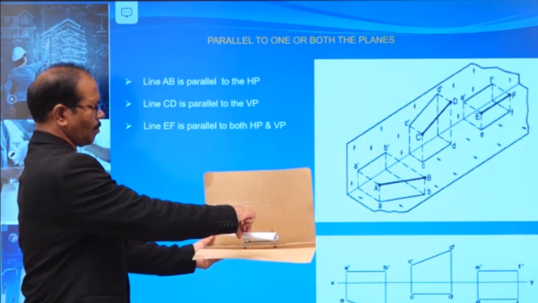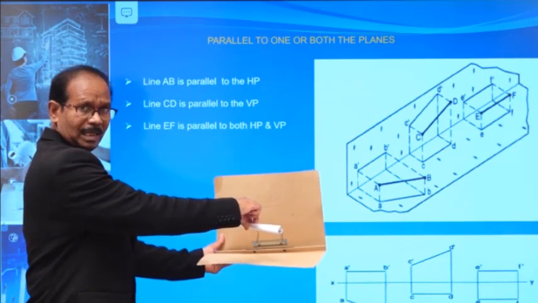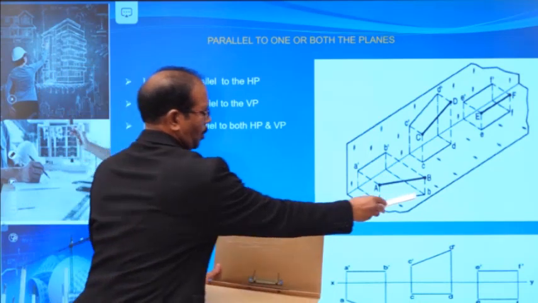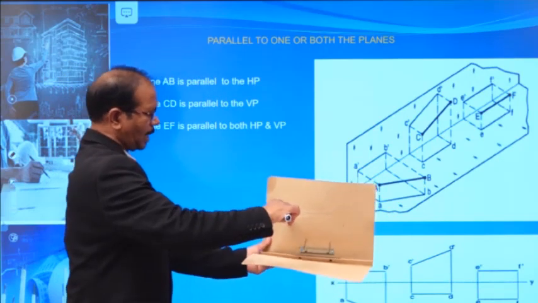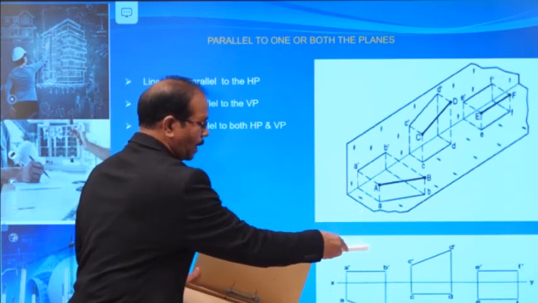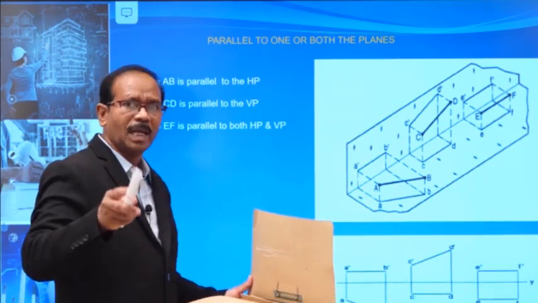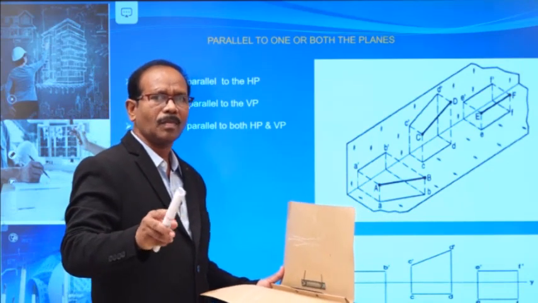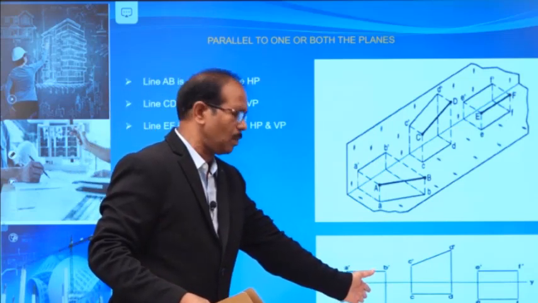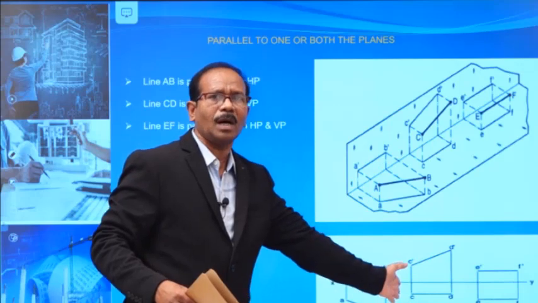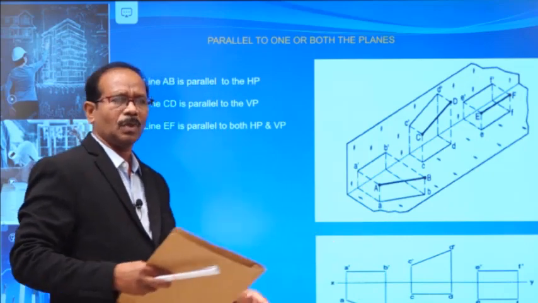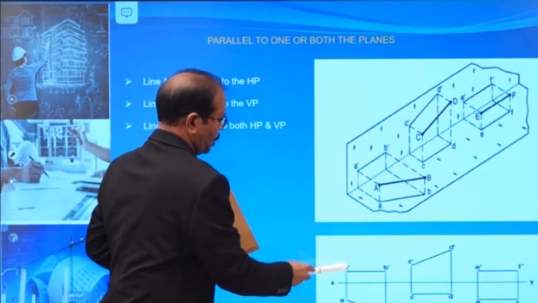Parallel to horizontal plane. Say capital A, capital B is the line. Small a, small b is the top view. This is the A dash and B dash, the front view. Then, after opening the quadrant, as I explained in the previous class, the horizontal plane is rotated in the clockwise direction. While opening the quadrant, this is the final front view and top view. This is the result we need to draw. First assume your line in the quadrant, then finally draw its front view and top view. So this is the top view, this is the front view.